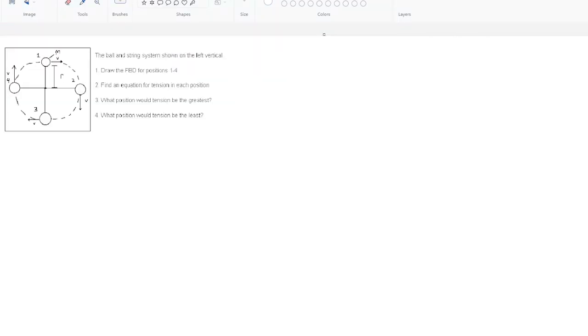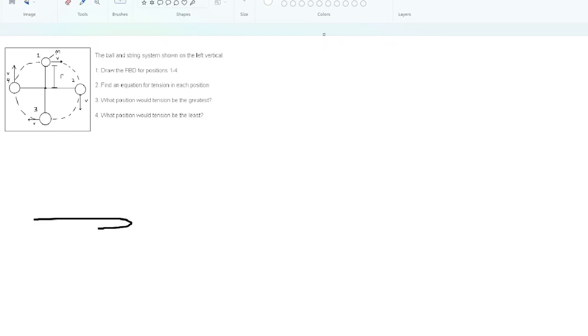All right, on to set number 2. The ball and string system shown on the left. That's not English. The ball and string system shown on the left, and I meant to write is vertical. So the ball and string system shown on the left is vertical, meaning,